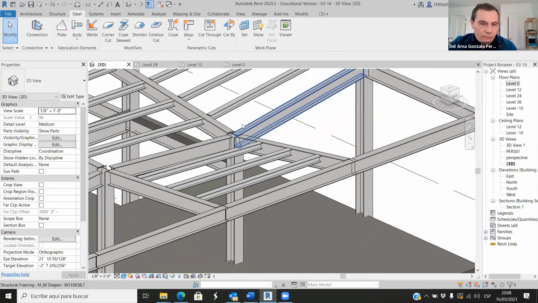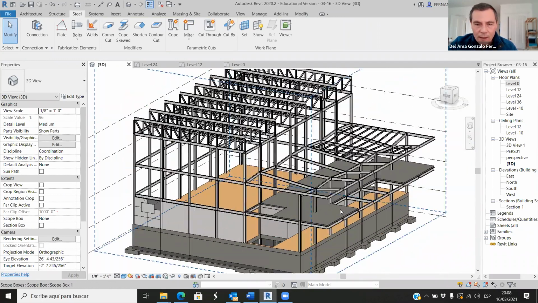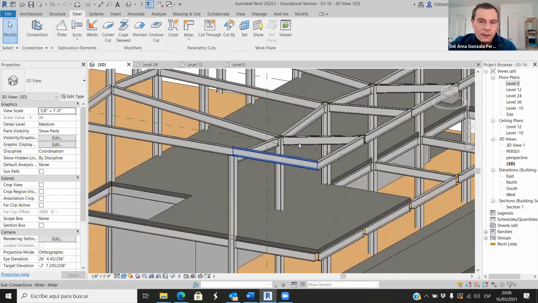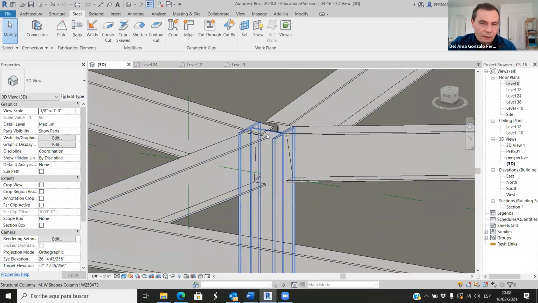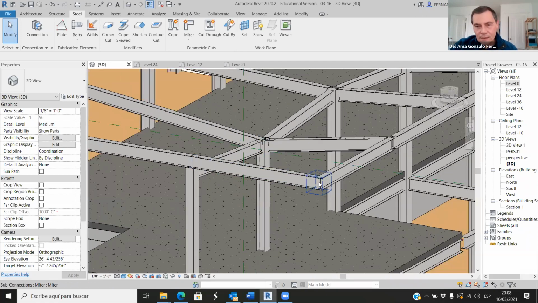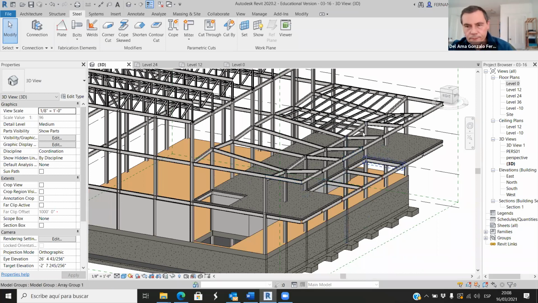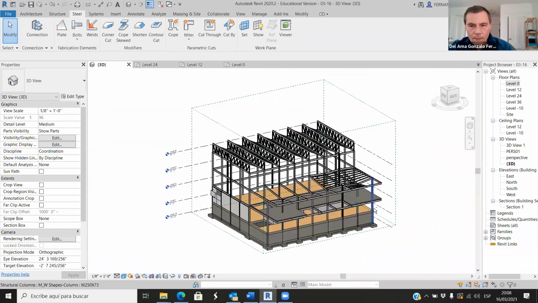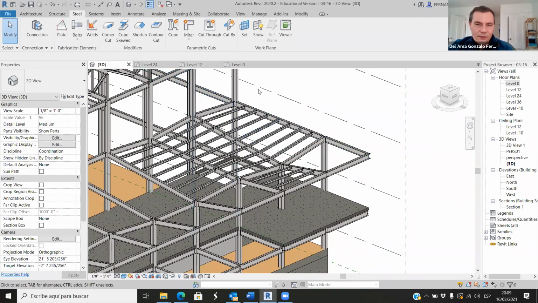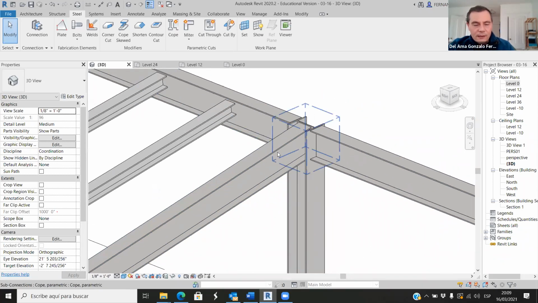We won't see this element, but if you are taking renders, this angle is exposed, so this connection has to be perfect. If this element here is not perfect, okay, I can live with that, but at least this should be perfect. This is something that, when you are working with exposed steel structures, makes a difference,